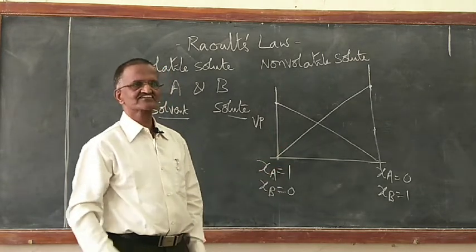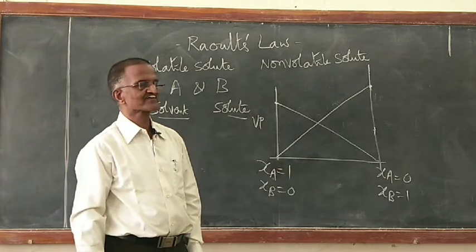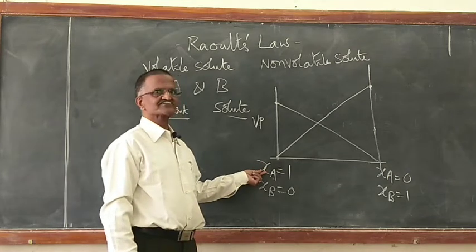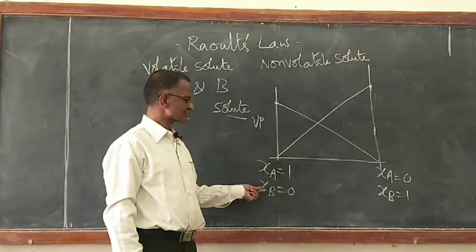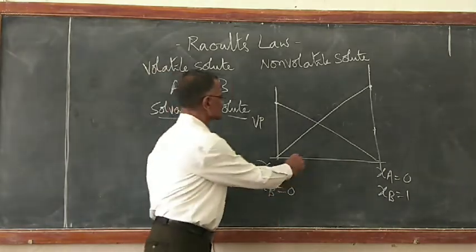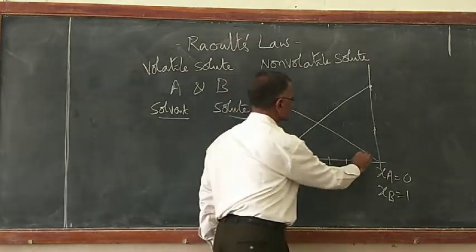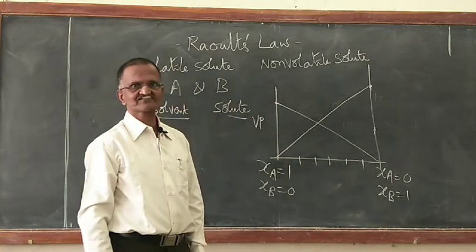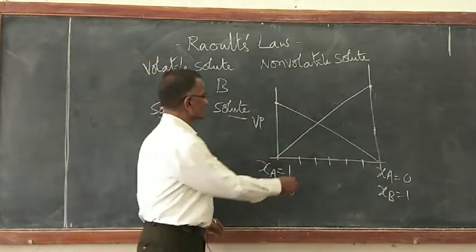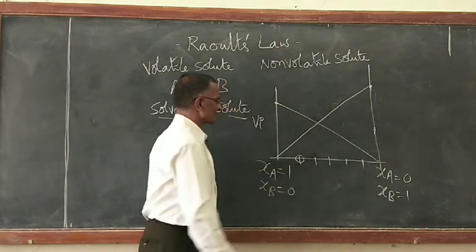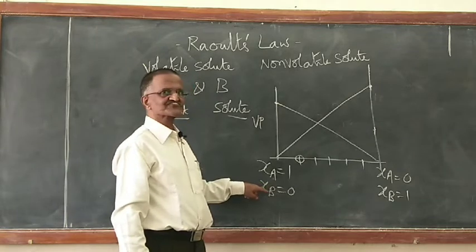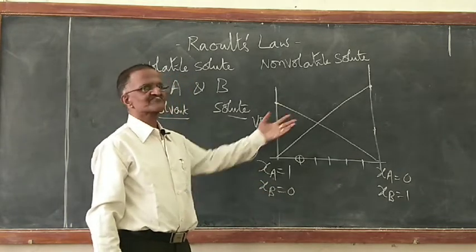So once I have this graphical representation, later if somebody asks, if I have a solution wherein the mole fraction of A in the mixture is so much, the mole fraction of B is understood because it is 1 minus that, I understand. That means what I have on the x-axis is all different mixtures with different compositions of A and B, with different mole fractions. Now at this composition of A and B in the mixture, what will be the pressure contribution of A, what will be the pressure contribution of B? Very easily I can read from the graph.